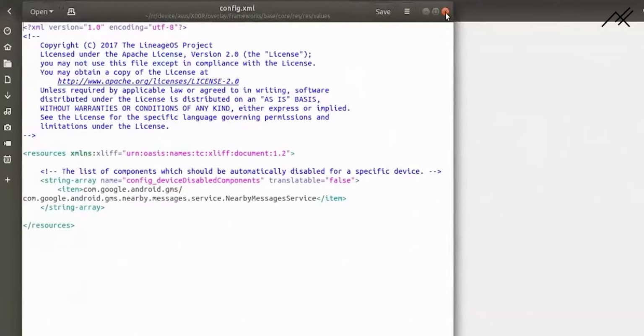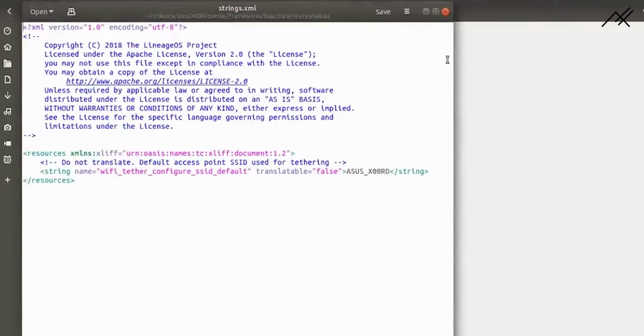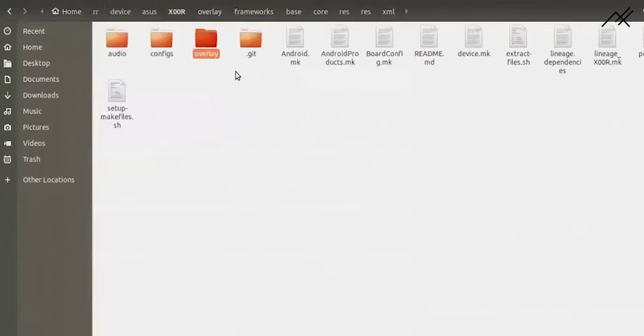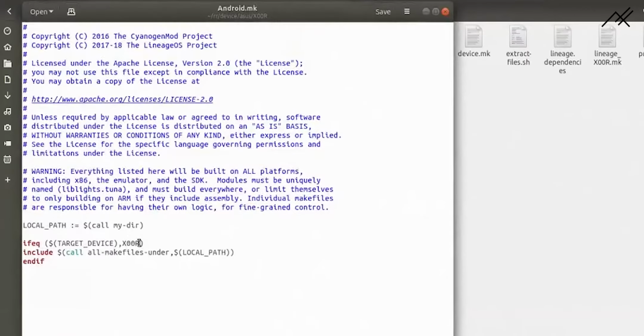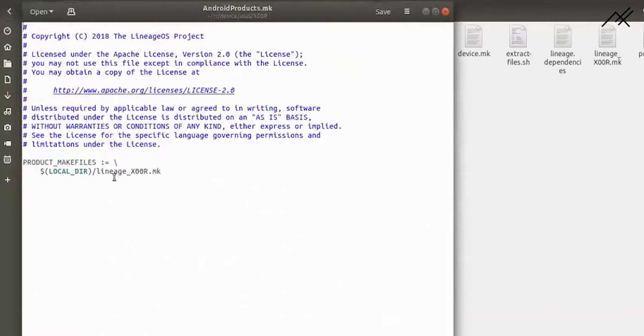This we can keep as it is, and you just need to check is there any word called lineage in your this one. If it is lineage, you need to change it to RR. So that's the point here. And then android.mk, here nothing is there, and then android products, here it is like lineage dot this one, here I need to change to RR.